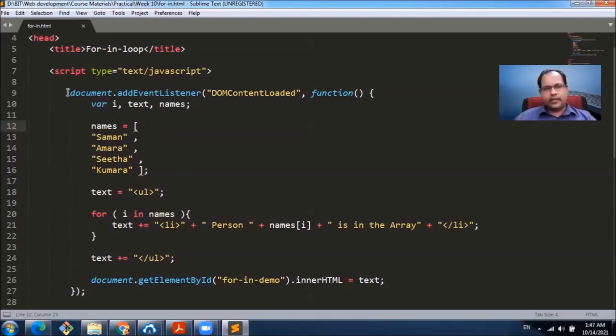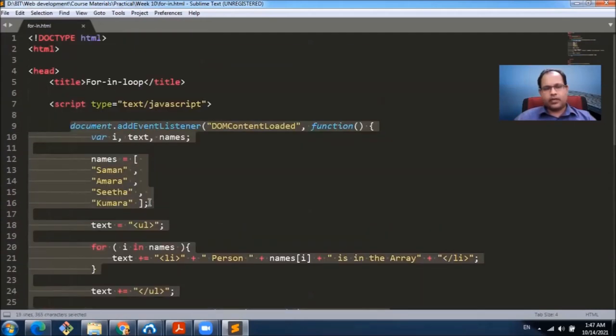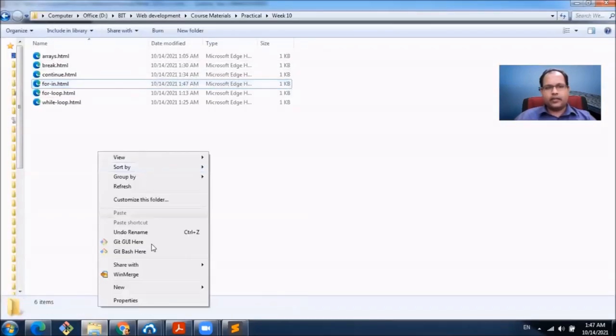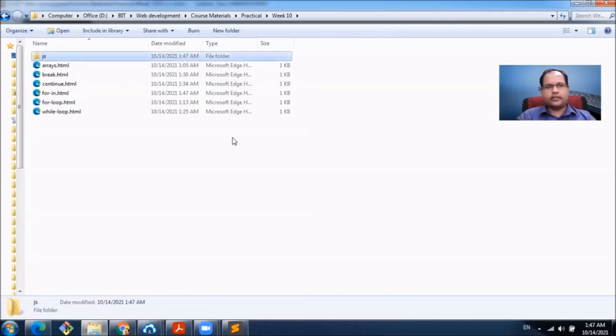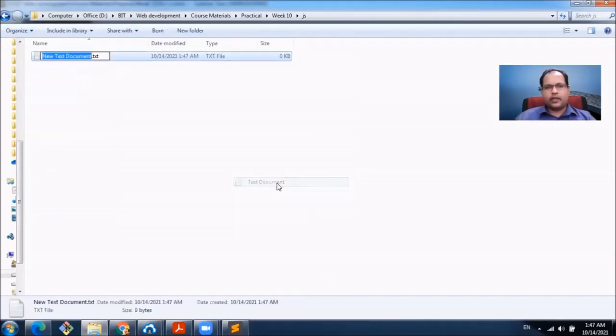One other way is to get this JavaScript code into an external file. Let's go here and create a directory called js, which stands for JavaScript, and create a file called myscript.js.